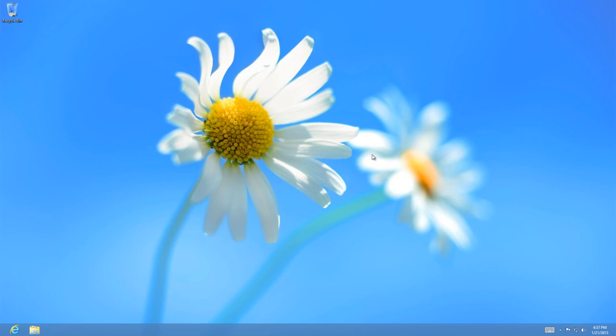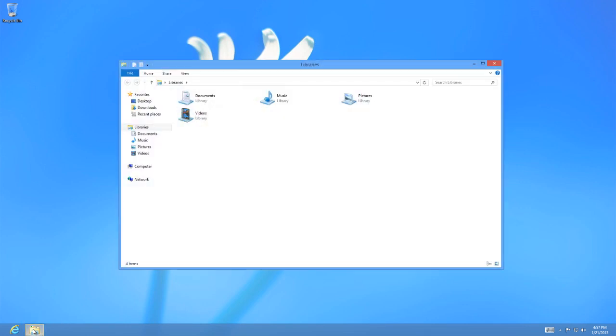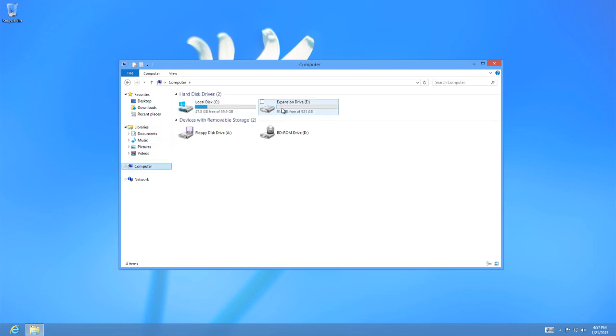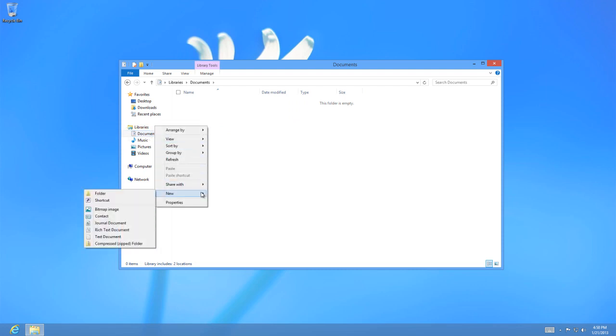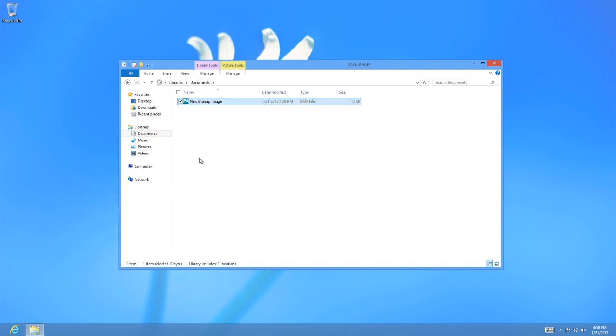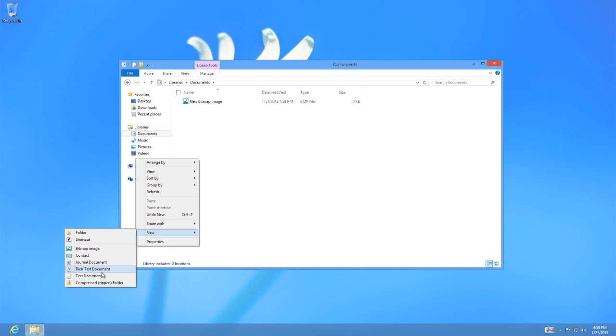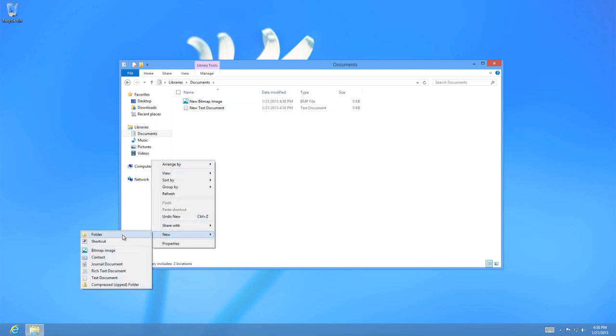Now, the only other thing I wanted to show you in regards to local backups was how to do a manual backup. A manual backup is literally just copying files that you want to back up to your backup drive. So right here under Computer, we've got my backup drive, which is the expansion drive E. Let's say that I wanted to back up everything in my Documents folder, which has nothing in it at the moment because this is a freshly built PC. So I'm just going to create a bunch of random files by clicking new text document, new bitmap image, new folder,